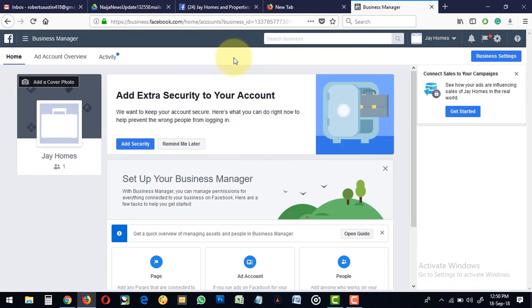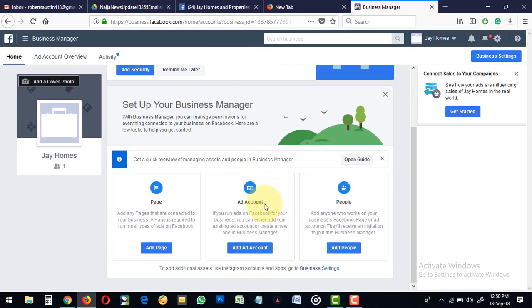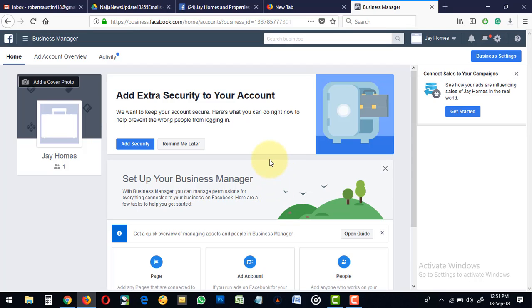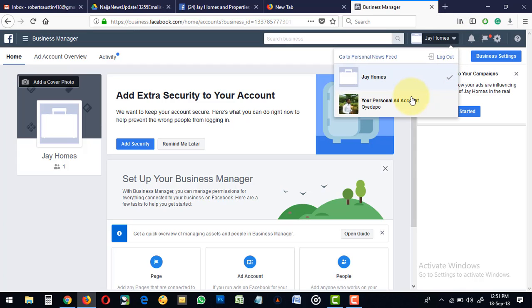So this is a business account. Under business accounts, you can have two business accounts, and each account have their own separate ad account. When I say ad account, I mean advert account. It is under this advert account that you can start placing your advert. I will teach you how to do this. So after creating a business account just like this one, this is J Homes. This account has two business accounts. The owner has his own,